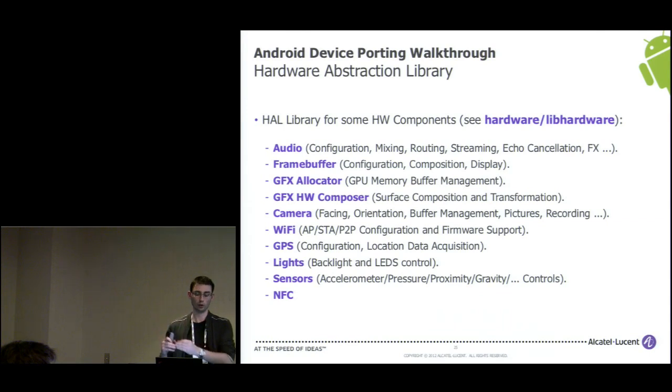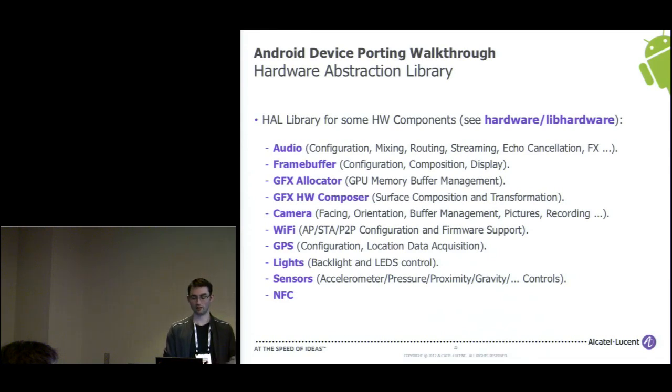the Android framework. So I won't go much further into the details of the different HAL components, because each HAL component is so complex that it's probably a one-hour talk for each of them, so we won't have time for that. But most of the components that you may have to hack around are the audio components, the frame buffer, the GFX allocator, which is also known as Gralloc, the GFX hardware composer. So GFX allocator and the hardware composer usually are provided by your hardware manufacturer because they are really specific to your GPU, and you, as creating your new device, usually don't have to modify these files.